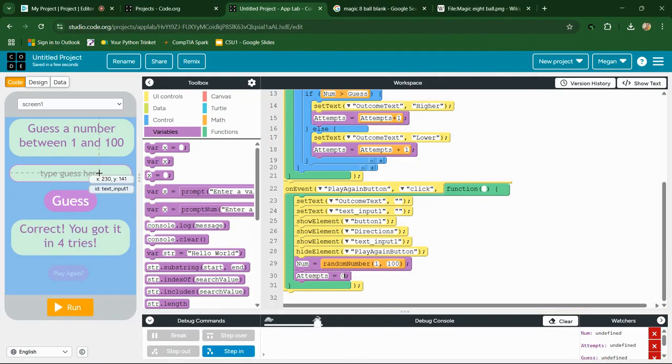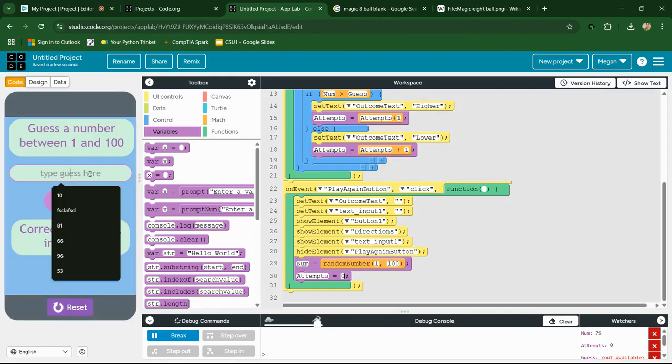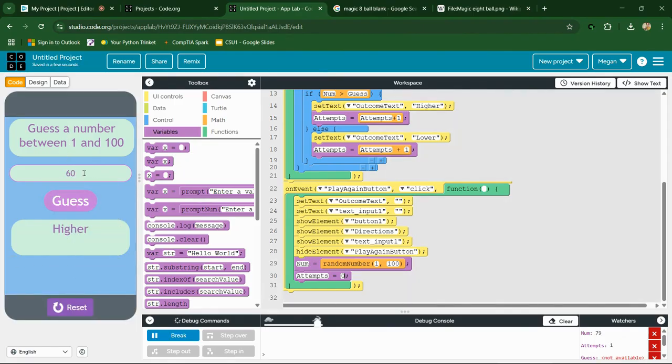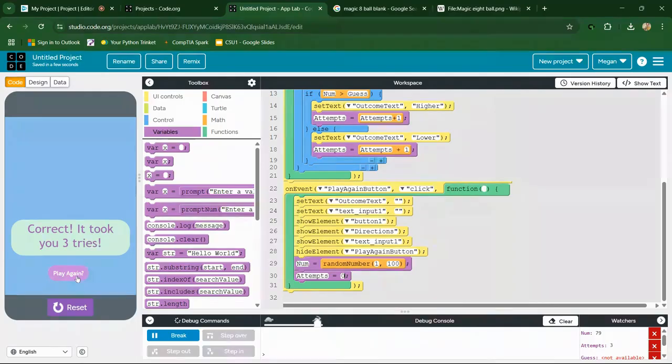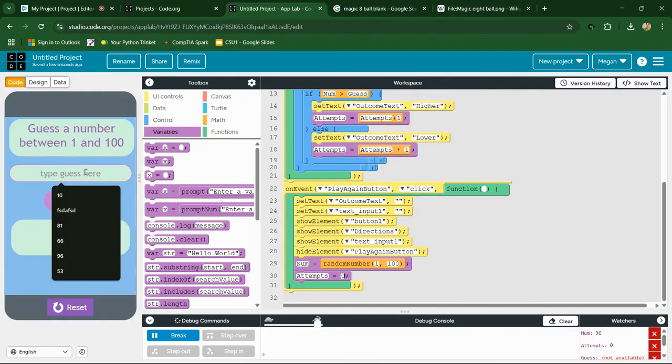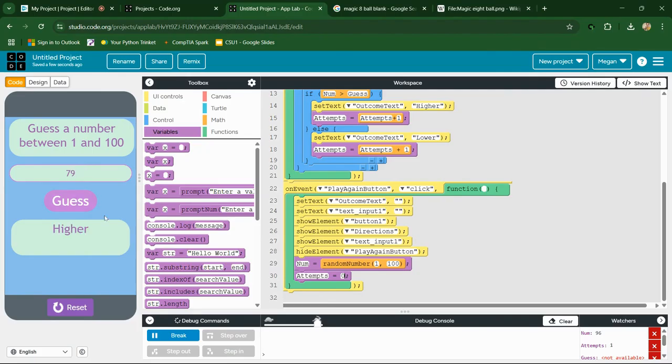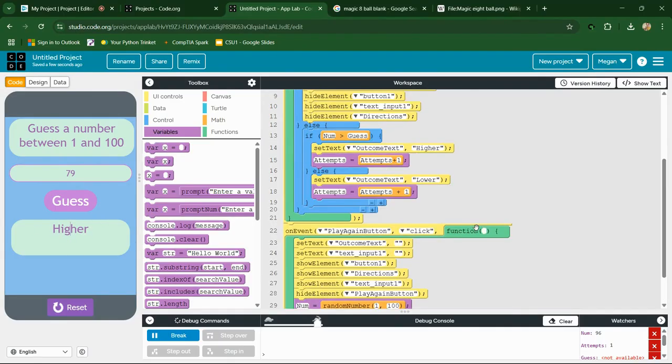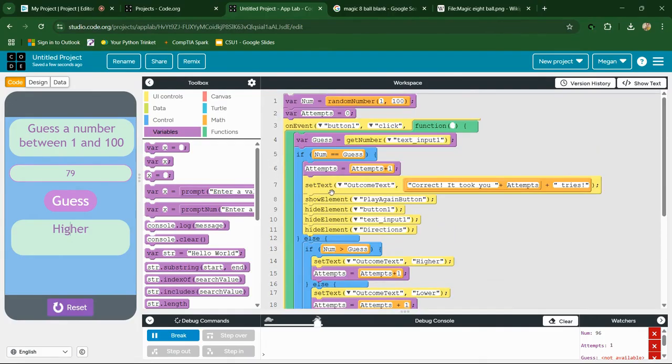All right, let's test it out. So it says our number is 79, so let's go 60, 80, 79. It took me 3 tries. I can hit play again. I'm able to guess a number. I have a new number, 96. We can test 79. And there you go. So that is how you make a number guessing game that allows you to reset and gives you some hints. Like I said, the only thing in this point that might be nice to change is